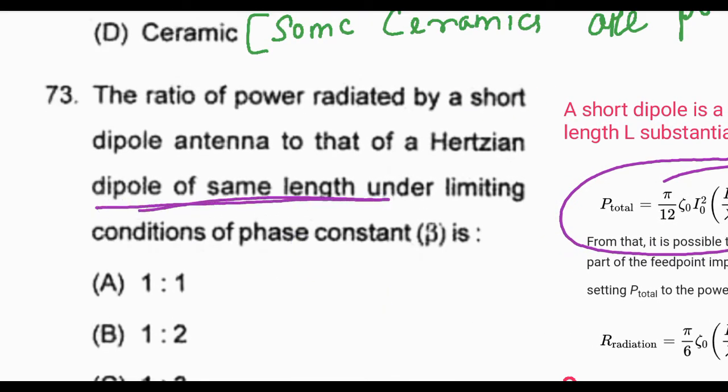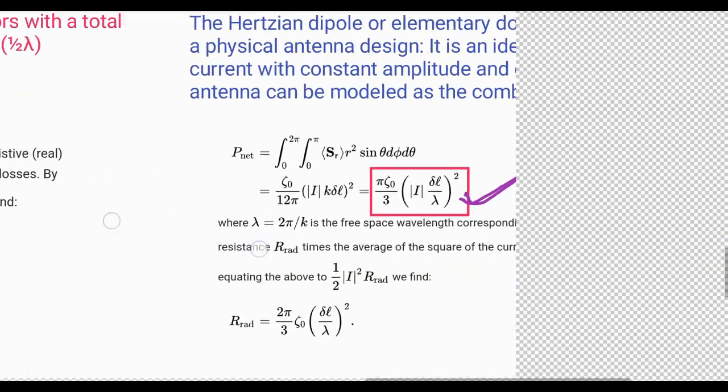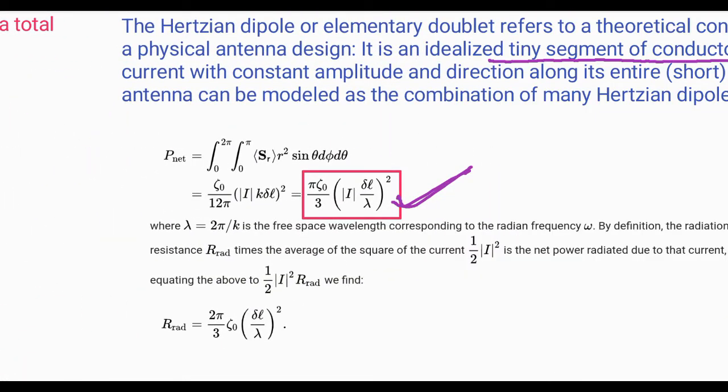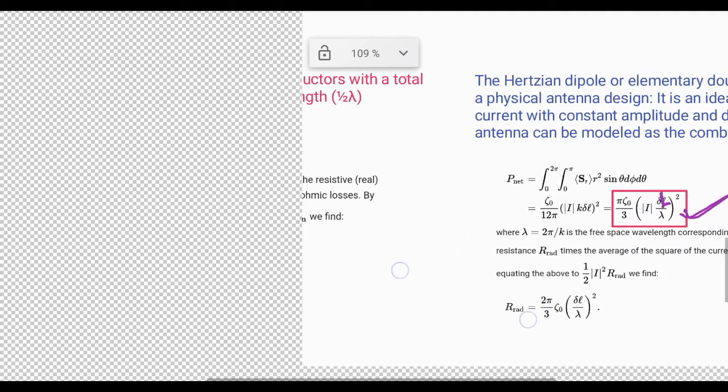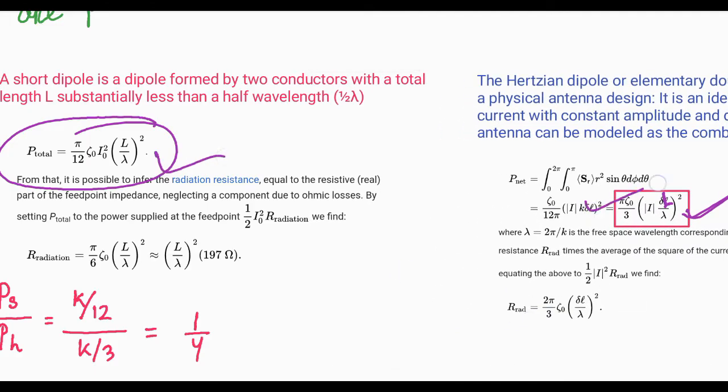So instead of using infinitesimal, we can directly write L here, and then this one and this one will be similar, and the only different term is 12 here and